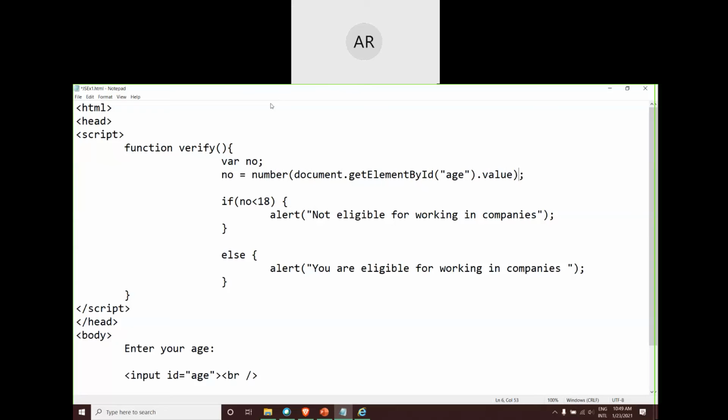Just give me 1 minute more. I think there is one small error in that program. I'll try to resolve that error and let you know what happened.